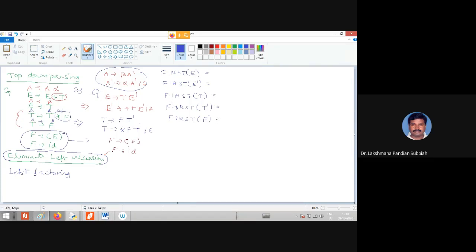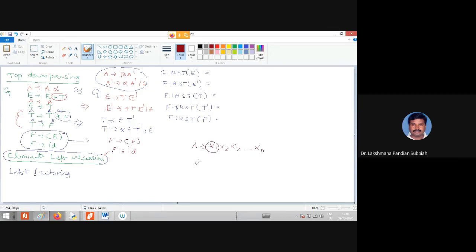Right. Now, first of a symbol, how do you find out? I told you that format: you consider a grammar of the form A derives x1, x2, x3 and so on up to xn, right? X is a string of grammar symbols, either a terminal or non-terminal, right?